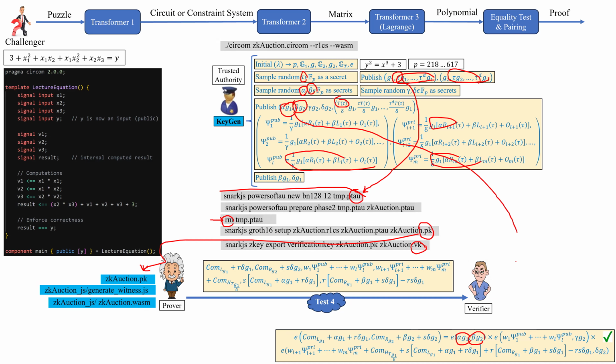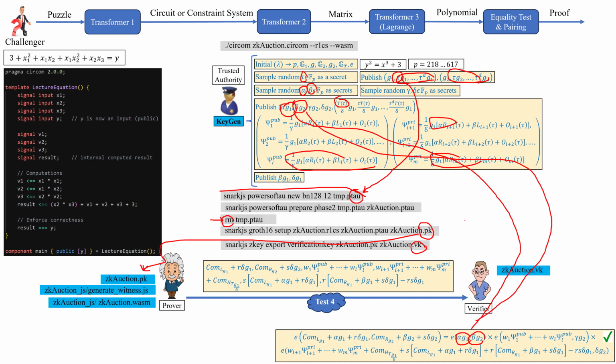So for instance, these values should be sent to the verifier, and the list of all of that information the verifier needs to run the pairing is collected into the verification key. So the trusted authority would share this verification key with the verifier also. Okay, so let's run these parts first, and then we will come back to this slide and discuss the